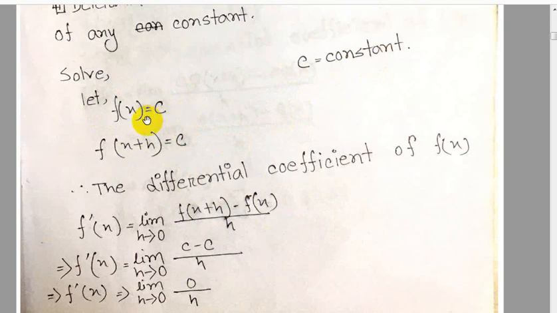Therefore we initiate the problem with f of x, which we define as c. So while f of x is c, we can determine f of x plus h, because to determine the differential coefficient we need to solve this expression, which states the limit as h tends to 0 of f of x plus h minus f of x. Here h is